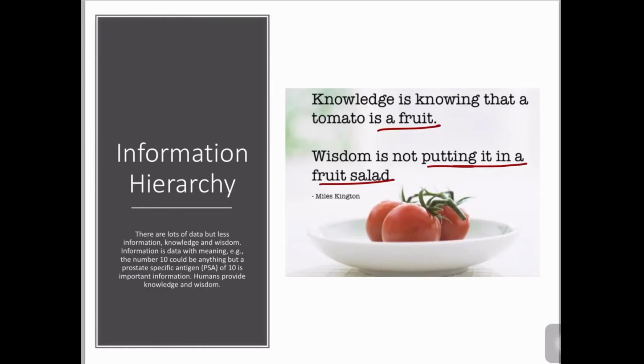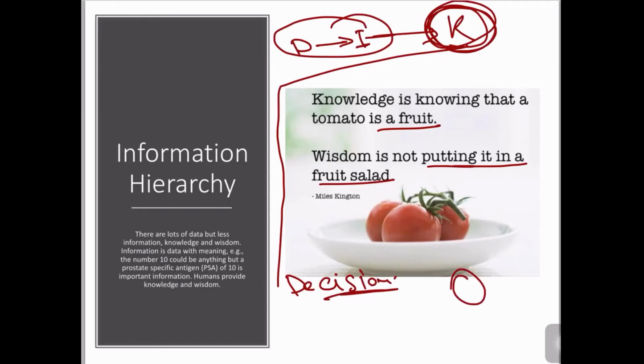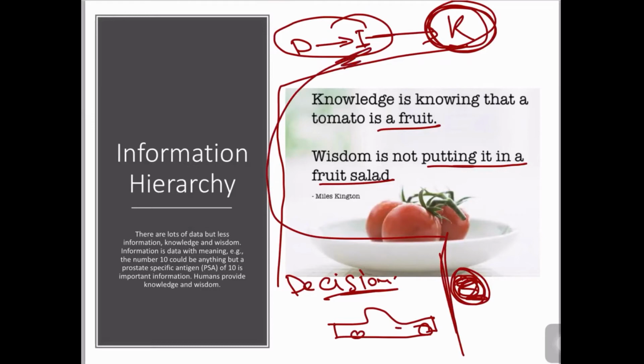You have first data, then data becomes information. Then based on that information, this information becomes your knowledge. And based on your knowledge, you take some decisions. You know that if the light is red and you are driving your car, you have to stop because this is in your knowledge. This is in your information,